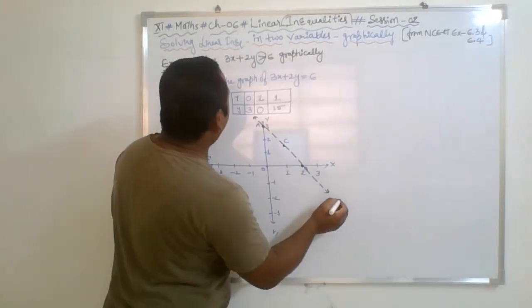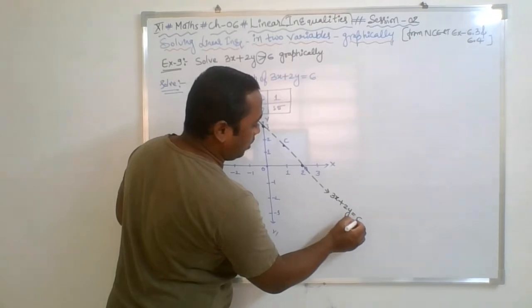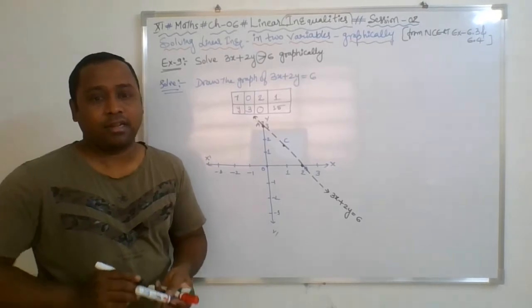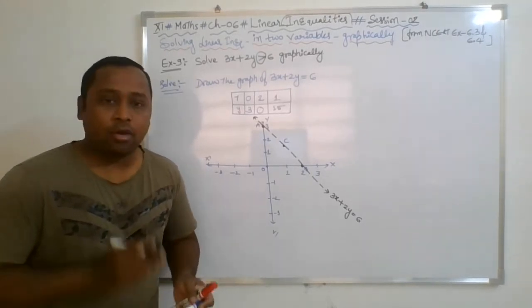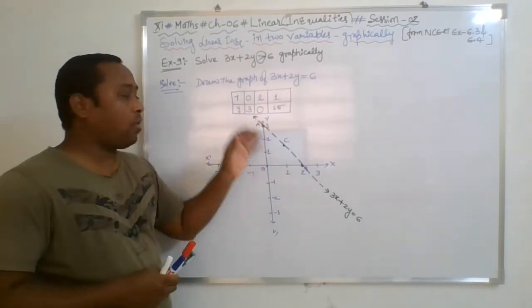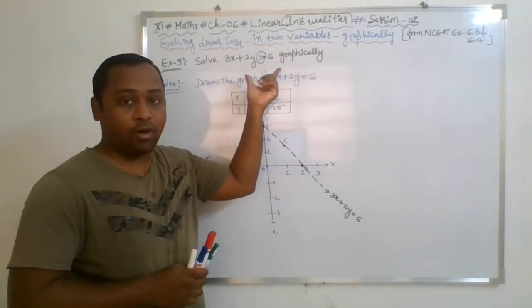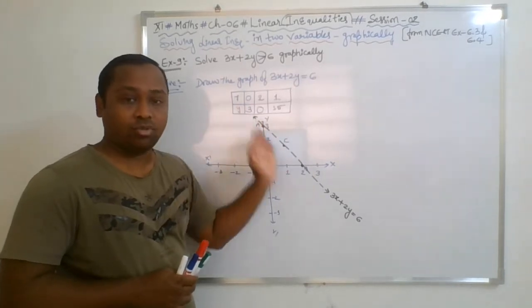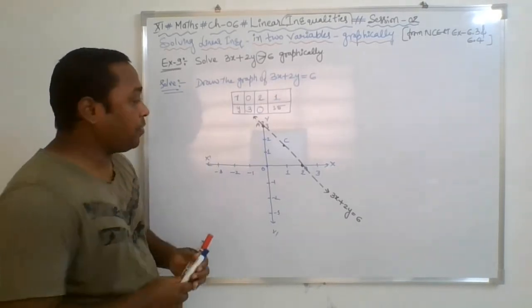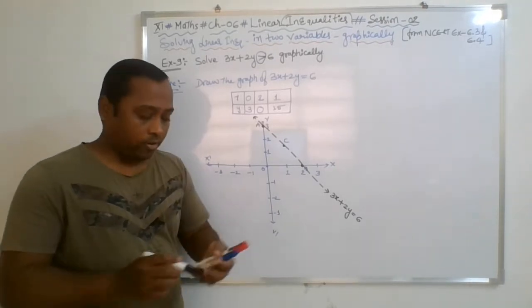I can also write the equation of this line over here: 3x plus 2y equal to 6. So I have first plotted a straight line, just like in 10th standard you have done. But in 10th standard you are dealing purely with an equation, hence you always join with a straight line. But in 11th we are dealing with linear inequality. So sometimes we need to draw a straight line, sometimes a dotted line, depending on the inequality nature. Then ultimately this line divides the entire plane into two equal parts.